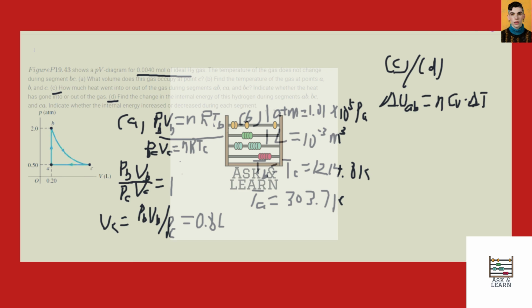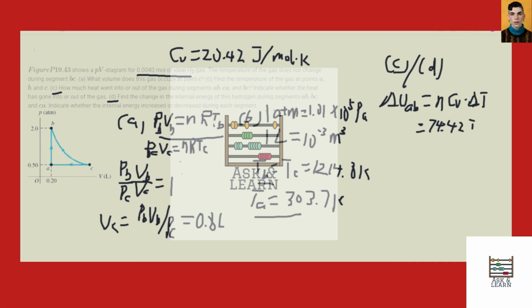The number I found is C_V equals 20.42 joules per mole Kelvin. And because we're looking at process AB, delta T is T_B minus T_A. Just plug in the numbers, and we see the final result for delta U_AB,